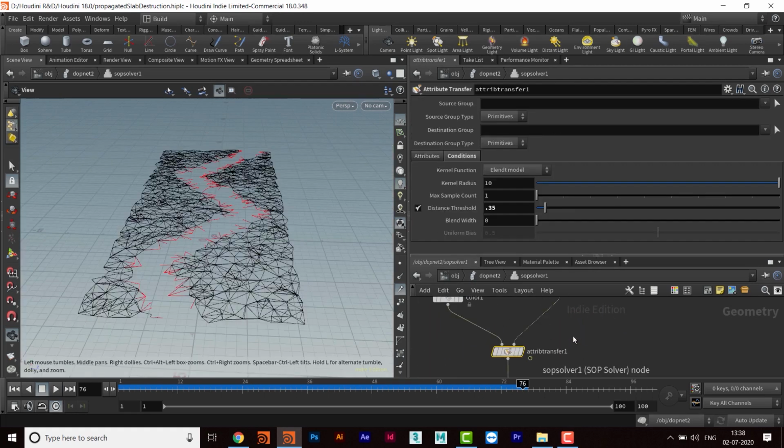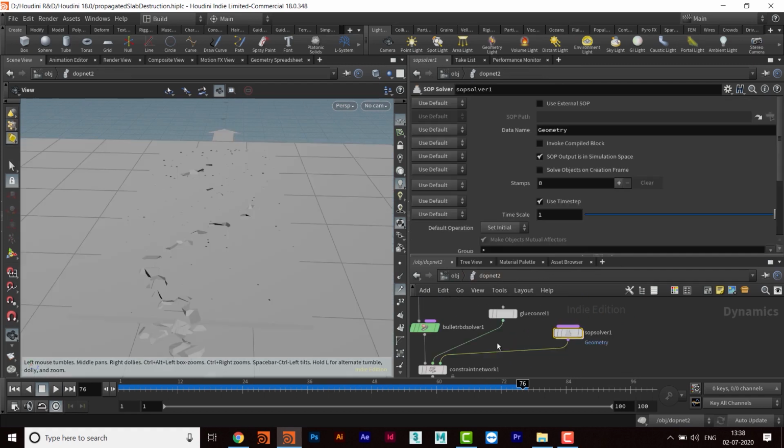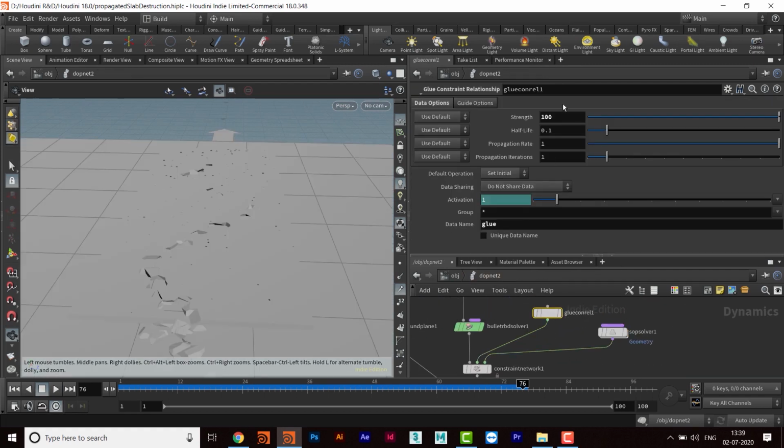Some part is still there, or maybe we can try the strength value. So I'll go to this one and make it maybe 50.